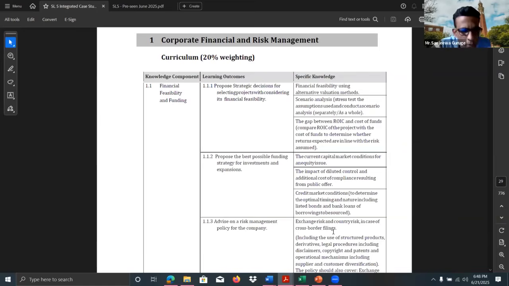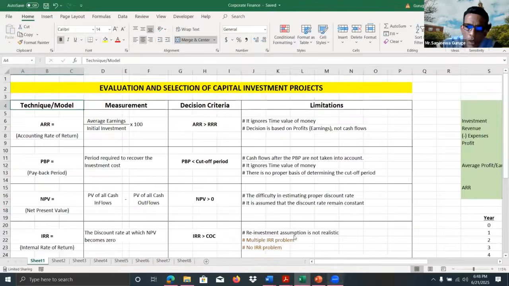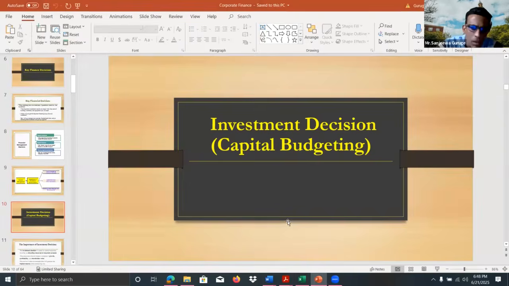We should know what the various types of risk are that we have to face with respect to foreign exchange exposure, and what different strategies are available for organizations to mitigate, to minimize these various types of risk. Those are the key points that we need to discuss. As for the investment decision, I don't think I need to discuss it in detail. I think you are all familiar with the different techniques available to evaluate capital investments.